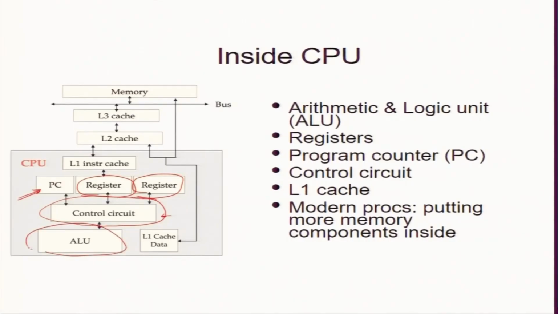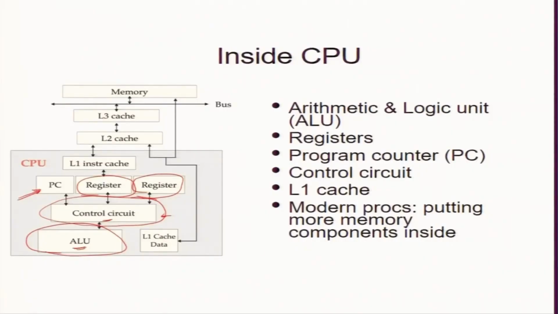ALU is here, apologies. I think I made a mistake. The control circuit and the ALU are separate. The ALU is sitting here and the control circuit is here. It was below, so I didn't see that. The control circuit is basically called the control room. In a security or crime series, there is a control room which is managing the stuff. The ALU is one officer who is doing all these operations of the logical unit and so on.